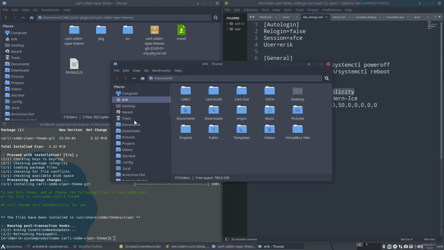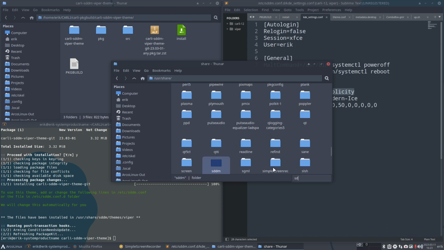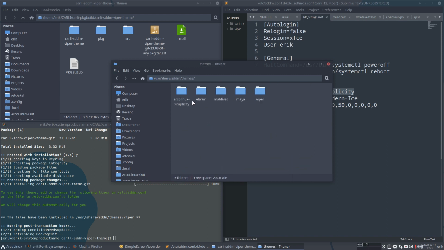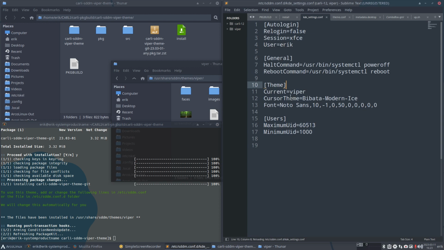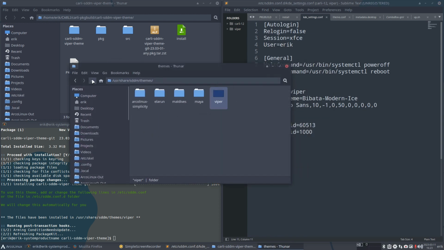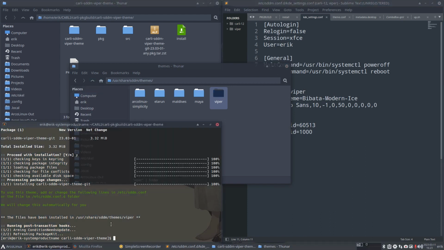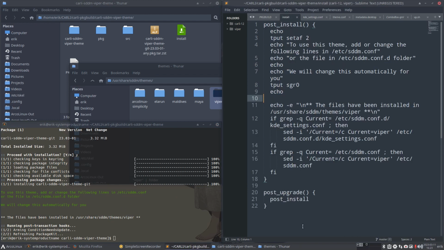Let's have a look. The file system user share SDDM themes Viper, and we've got this all, yeah. And it should be changed automatically. Let's have a look. It's called Viper now, the current theme, and I think it will find it. Now, what happens if I uninstall it? Nothing really. We don't change it back because it's only